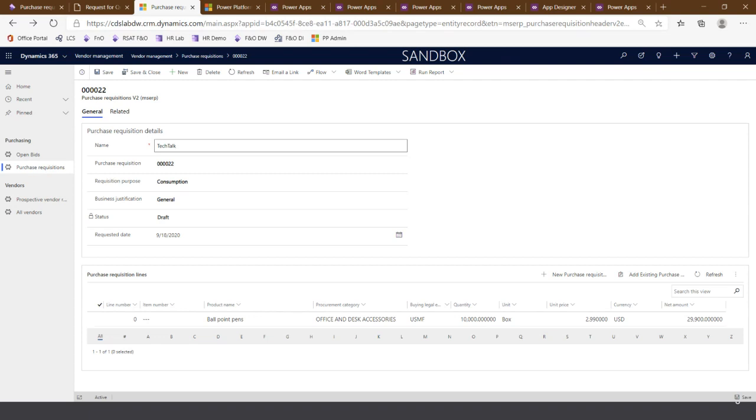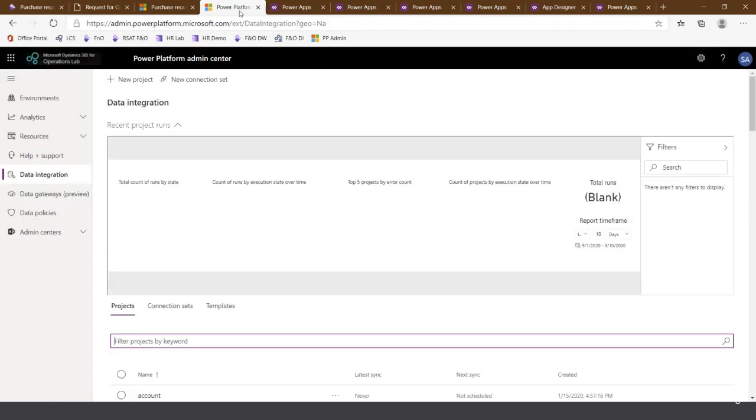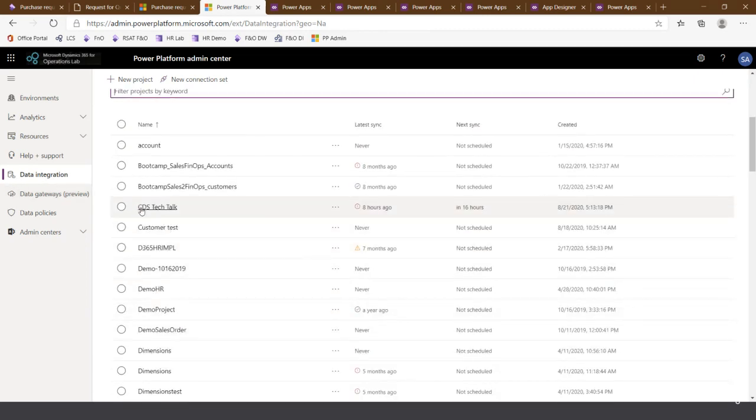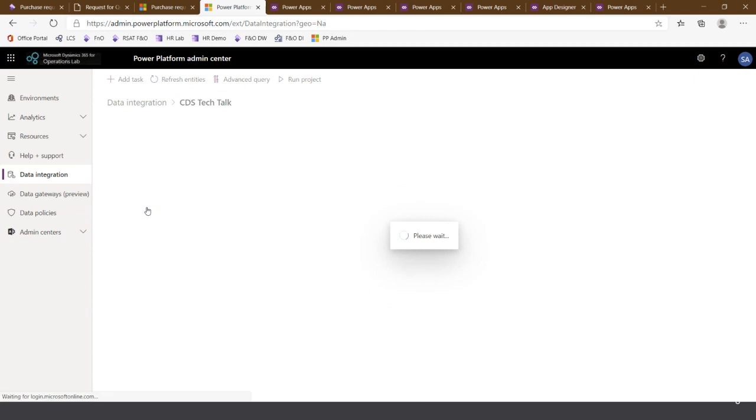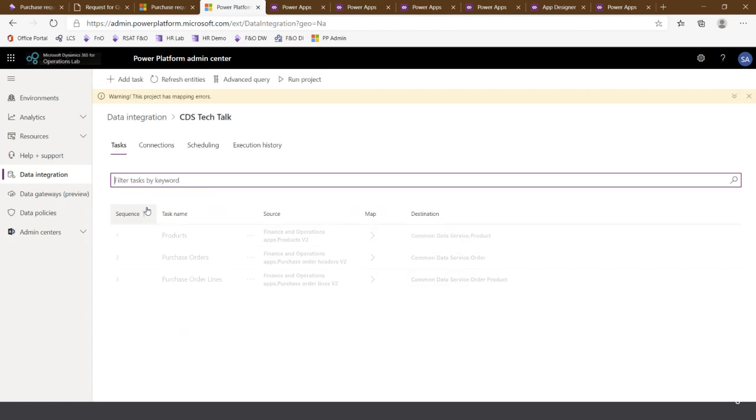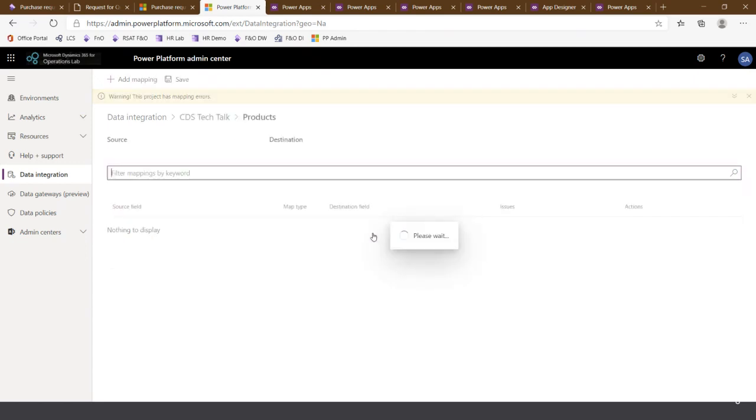All right. So the next piece of this scenario is where I need to start receiving these. And so again, I'm using my data integration project to integrate that data. So I'm over in the Power Platform Admin Center now, and if you click on that data integration link on the left-hand side, I've created a project here called CDS Tech Talk, where I have set up a couple of different entities and done some mapping in there to indicate what exactly